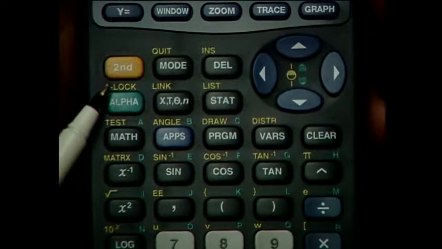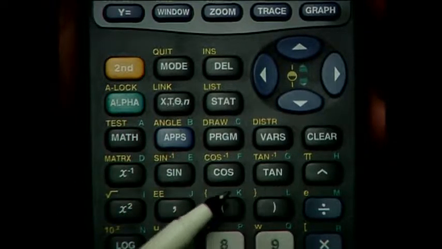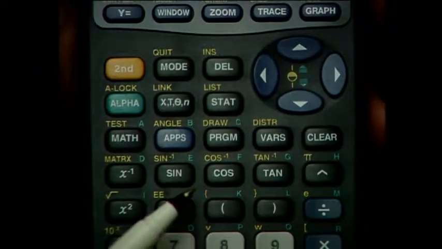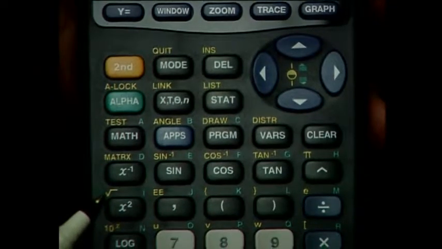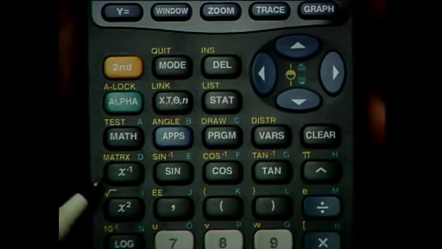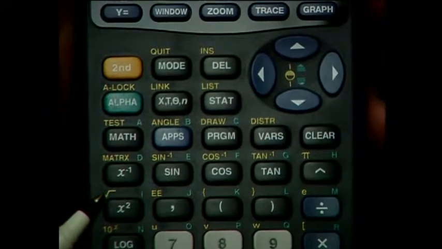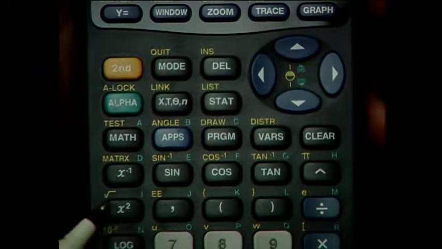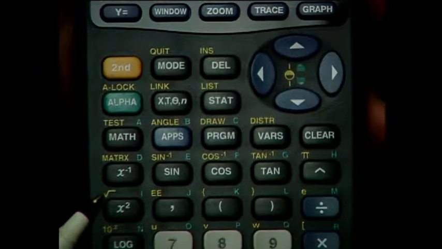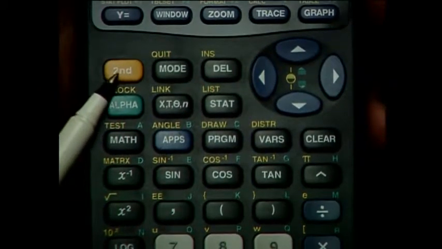Now, these 2 buttons allow us to enter areas that are above and to the right or left of the buttons down here. If, for example, we want to press the square root button, well, the square root button isn't a main button on the calculator, it's called a second function. Notice it's color coordinated with the yellow up here. If we wanted to find the square root of 20, for example, we would want to access this button, and to do that it would be second and then press this button, and we are entering that item onto the calculator, and then we would enter 20 and then equals. But at any rate, the second function